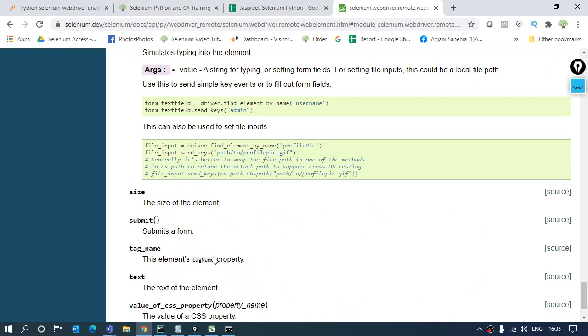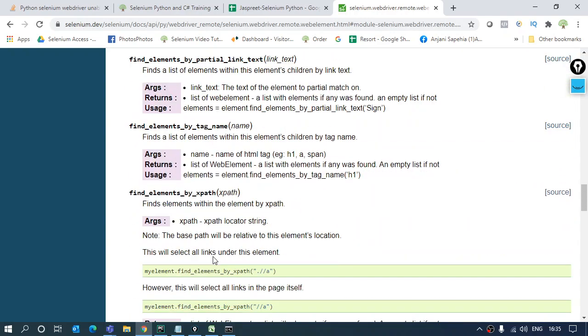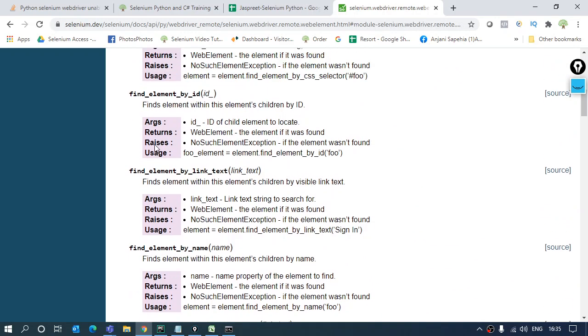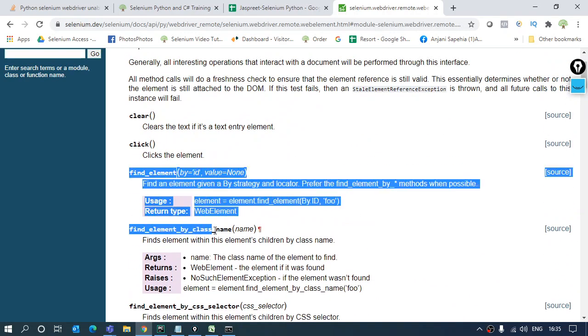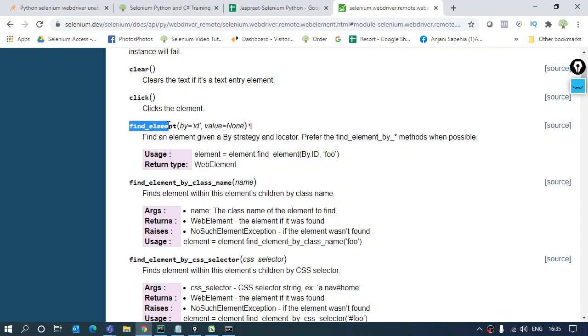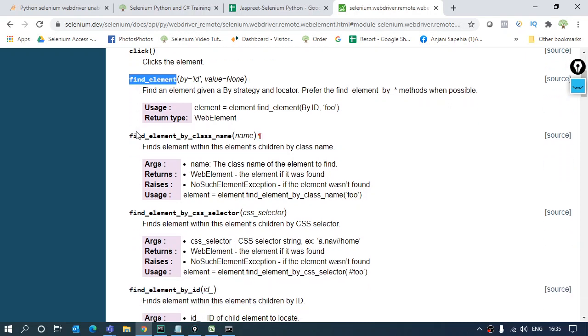Now, the functions we are going to extract with are these functions you can see over here, the find element functions. Now, this is a generic one. In this particular function, I pass two things. One is the locator, or by which I'm going to extract the element, and what is the value for that. This won't make any sense to you right now because you don't know what locators are, what are the attributes you are going to use. I'll show you that, but I just wanted to show you that these are the functions which are going to be used. I'll come back to them in some time once we discuss the objects over the pages.